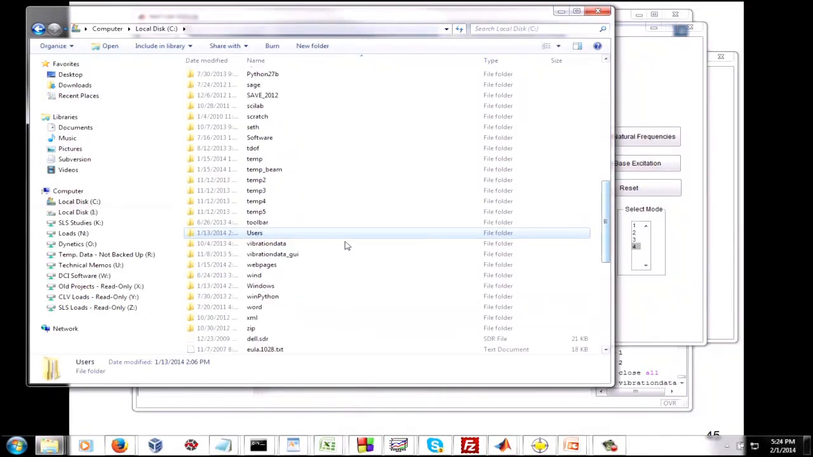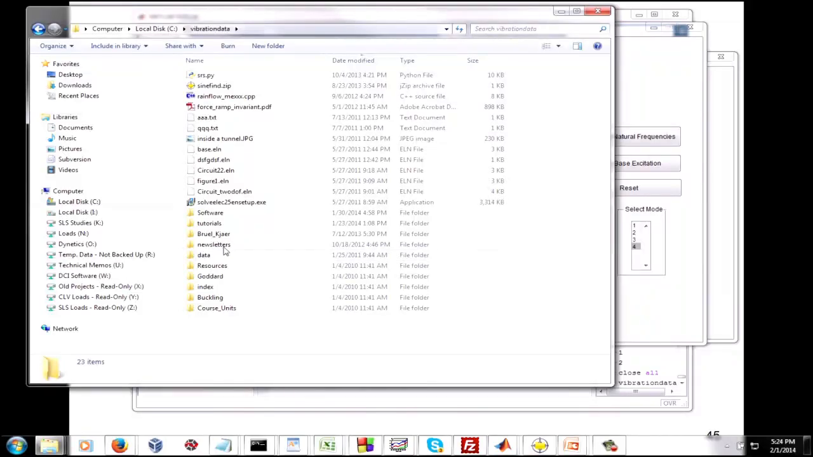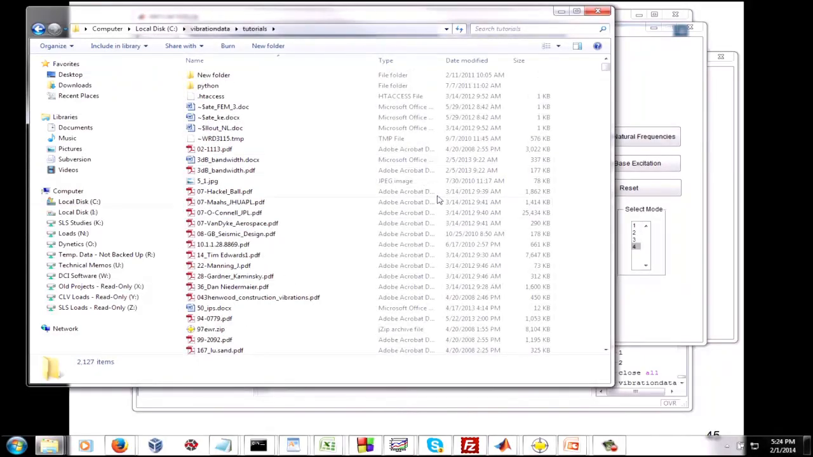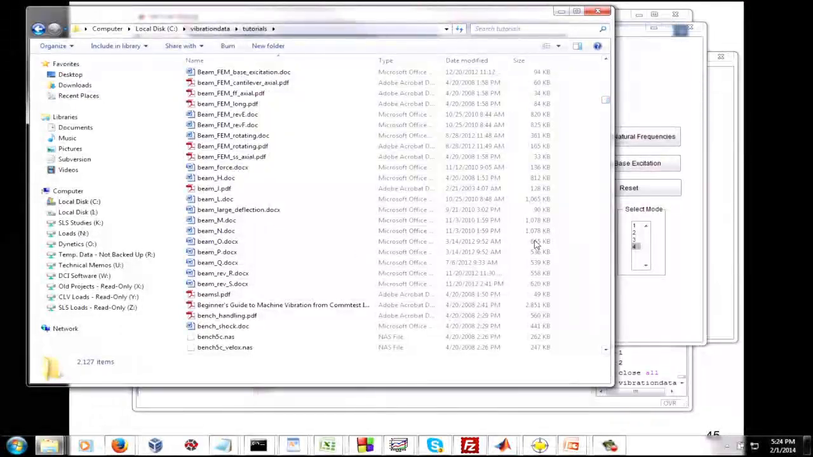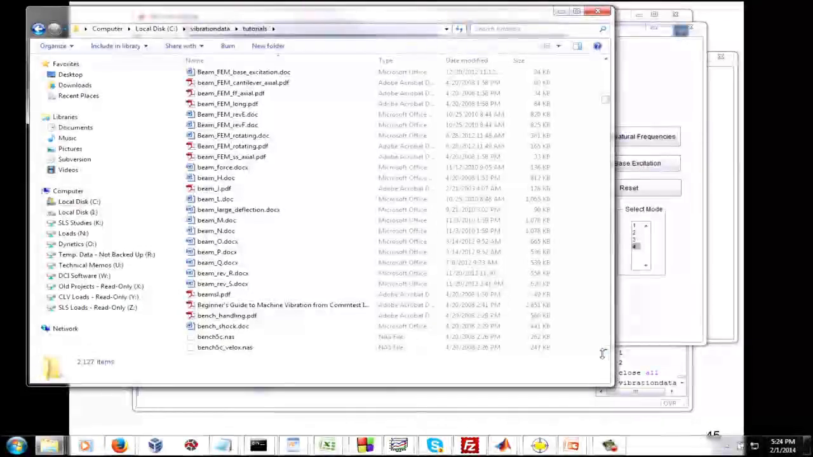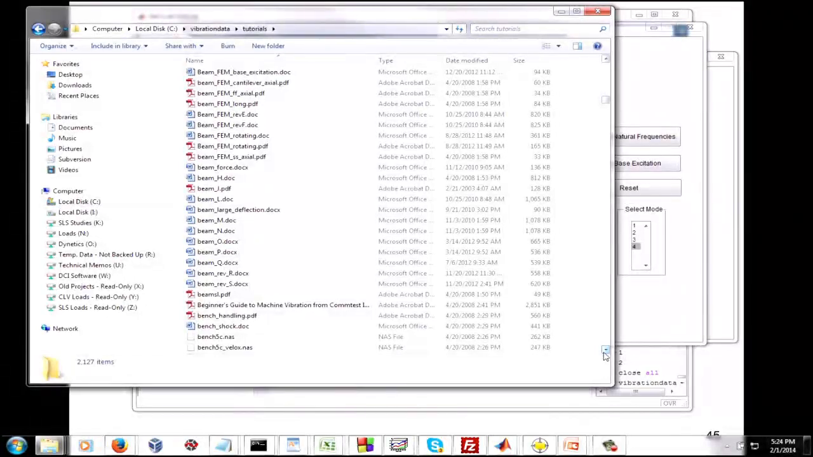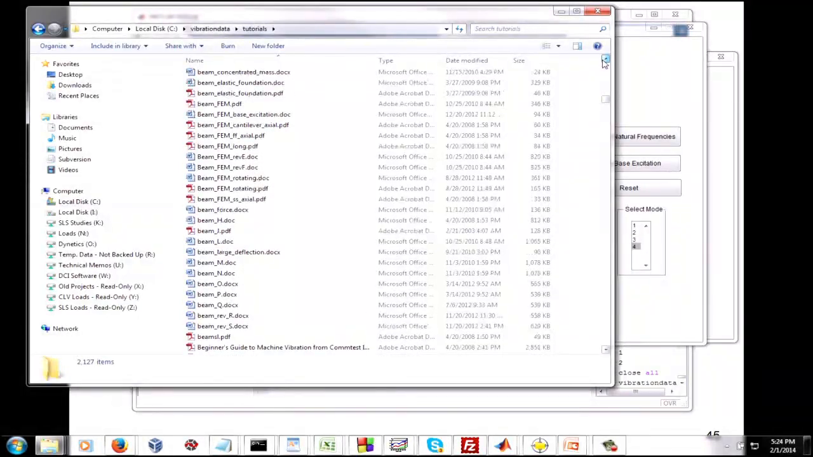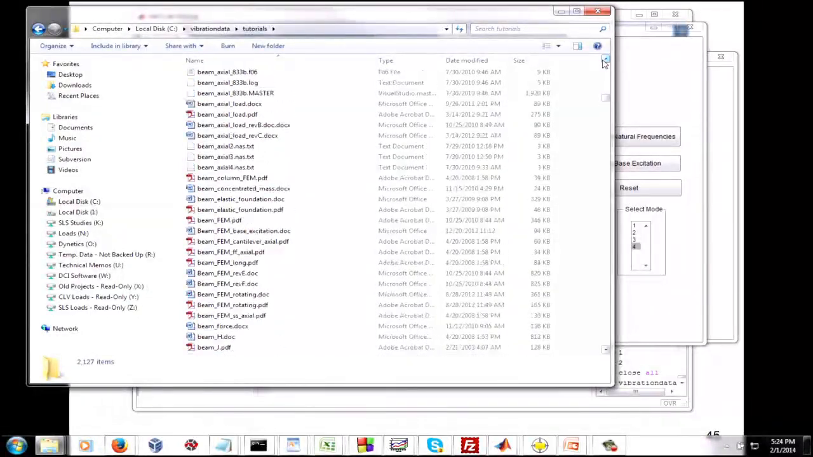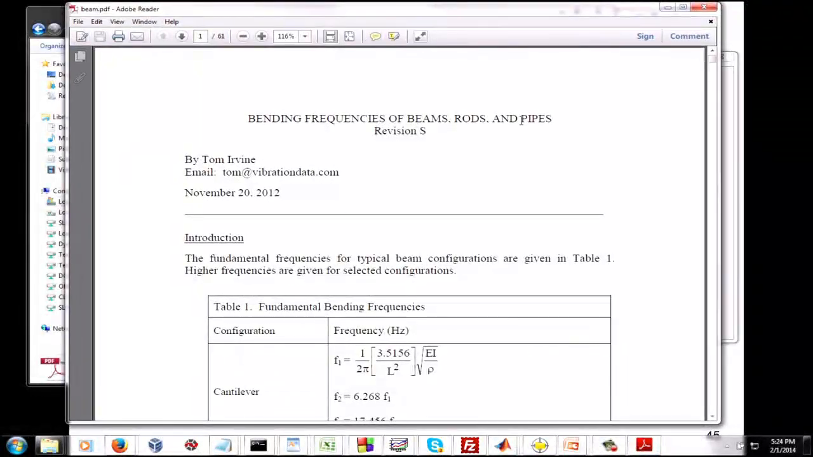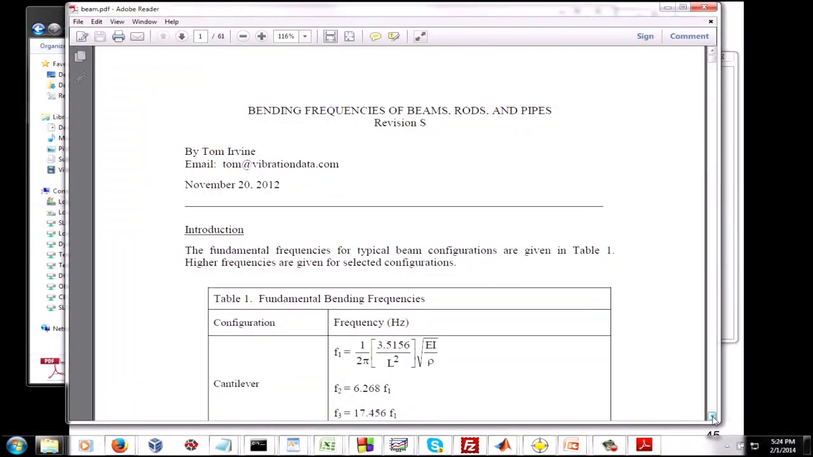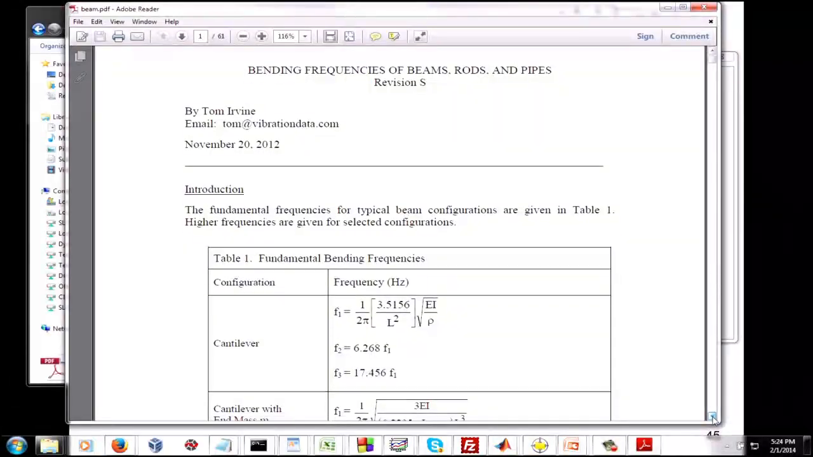So if I go to C, vibration data, tutorials here, and we're going to go to beam.pdf. I've got a whole bunch of versions of it, a bunch of other things going on here. Fumbling around a bit here, beam.pdf, okay, here we go. So this is bending frequencies of beams, rods, and pipes. And the first table I have shows what the natural frequency formulas are